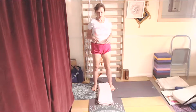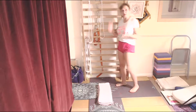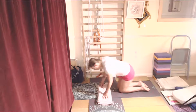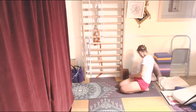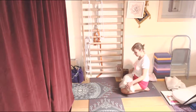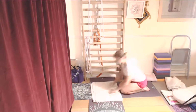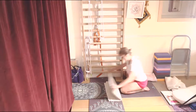If you're tired, you can lie with your legs up the wall at this point. Nothing under the hips, just do Urdhva Prasarita Padasana. So I'm going to do my head balance pose. And of course it's a balance because you're away from the wall. But even if you're at the wall, see that the balance is there